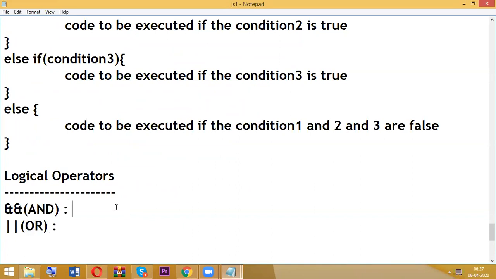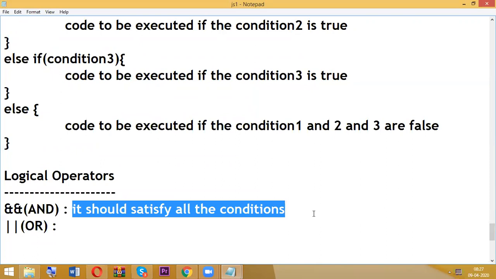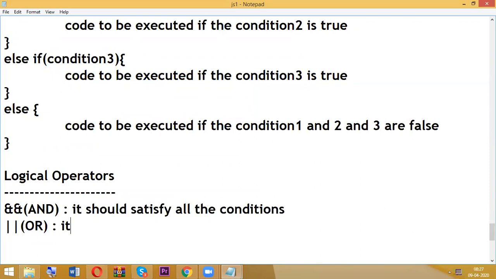AND operator means however many conditions you are having, it should satisfy all the conditions. Regarding OR, it should satisfy at least one condition.